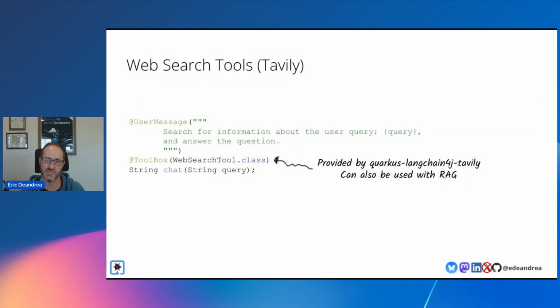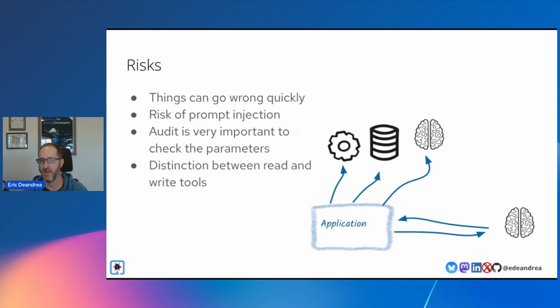There are other tools that come out of the box with Quarkus LangChain4j, I'm sorry, with LangChain4j. We talked about web search as part of the RAG pattern, but you can also use web search as a tool. If the user request comes in, and one of the tools it has access to is to go out and query something somewhere, you can wire a web search in as a tool in addition to RAG.